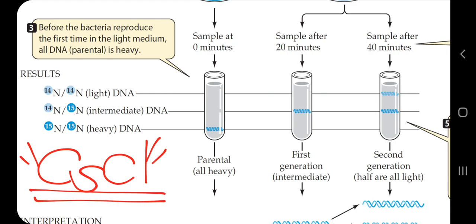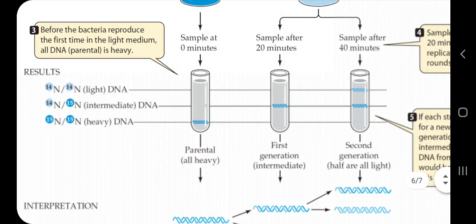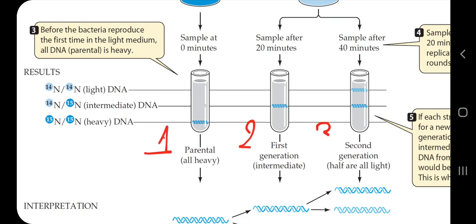So coming back to this diagram, let me number these test tubes: test tube number 1, 2 or 3. In test tube number 1, you can see the DNA molecule, but in the actual experiment in the chemistry lab, you cannot see a single DNA molecule. You will see a cluster of DNA molecules which is called a DNA band. So here you can see the DNA band located downwards in the test tube. Again in the next test tube it is slightly upwards. So why does this happen?